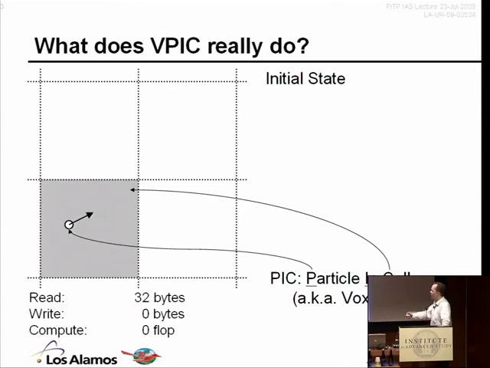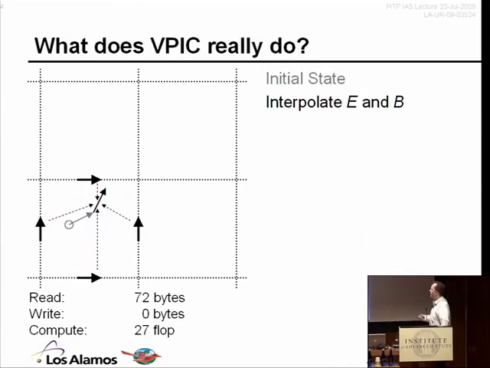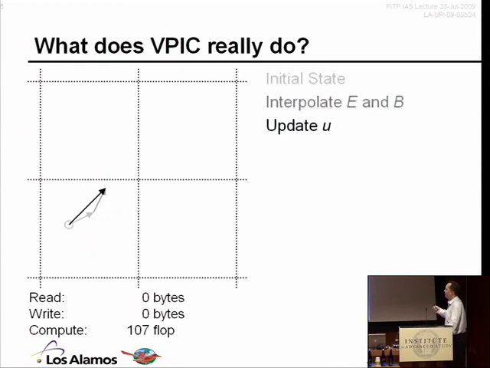And over here we see a cell, we have a particle, it has a position, it has a momentum, and before we can do anything to that particle, we need to read it in. And in VPIC, this costs 32 bytes of data traffic. After we read it in, we need to figure out what fields are acting at that particular particle. So we take its position and we load in some fields from the cell or voxel in which it's contained. We do some math and we come up with the electric and magnetic fields that are operating on that particle. This takes 72 bytes of memory traffic, and we do about 27 floating point operations to produce the electric and